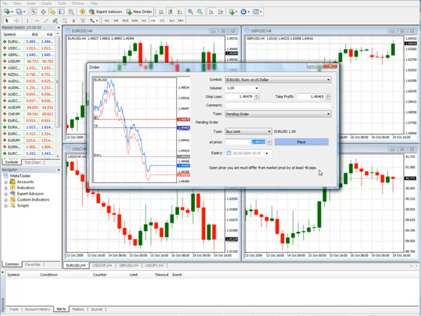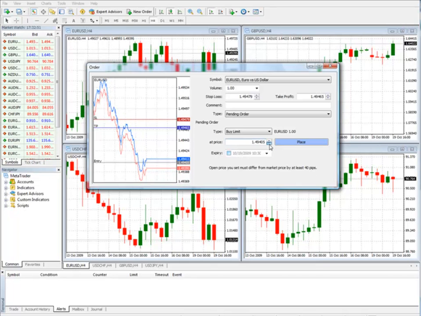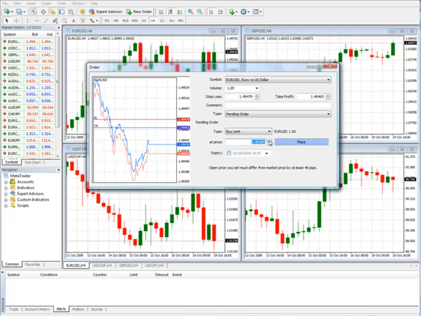And I believe this is going to be different with different brokers, because not all brokers have the same margin requirements necessarily, their requirements for the placement of orders as